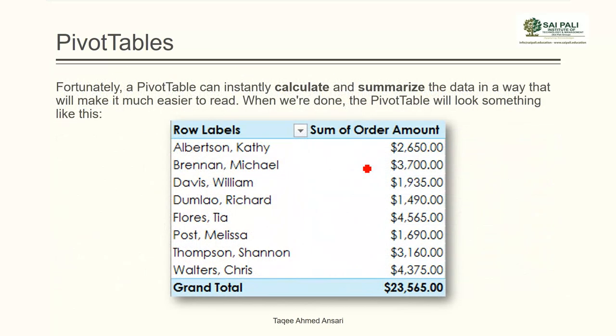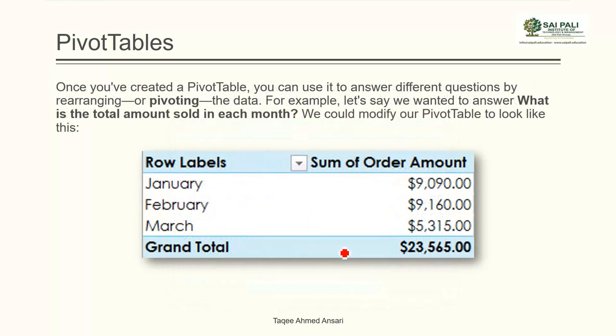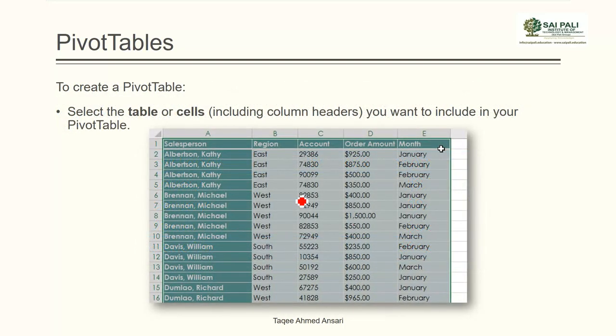Pivot table. The pivot table gives you the option to use your data in different ways without much effort. It will calculate and summarize the data based on your different criteria. Like here, it will look like this if you use it for only salespersons. The salesperson's name will come here, with their total amount for all the months, and then this is the grand total. If you change the question, like I want to see according to the month, it will show you like this. If you say I want to see based on the region, it will change. It can change very easily.